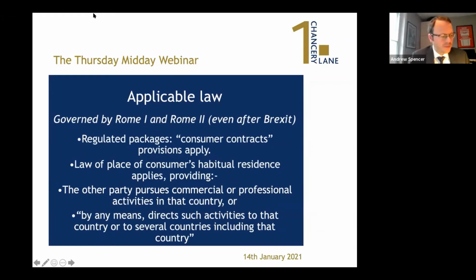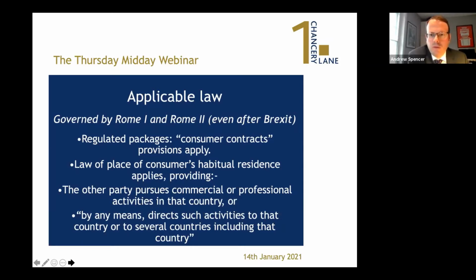Thanks, Dom. Well, I'm very pleased to be talking about applicable law because this is something where we don't have an announcement to say this is all going to be very different following the end of the withdrawal agreement, or the rules are complex and have changed and the answers aren't yet clear. This is because applicable law before the end of last year was essentially governed by Rome 1 and Rome 2. And of course, that remains the case after the end of the transition period as well, because these have been incorporated into English domestic law.